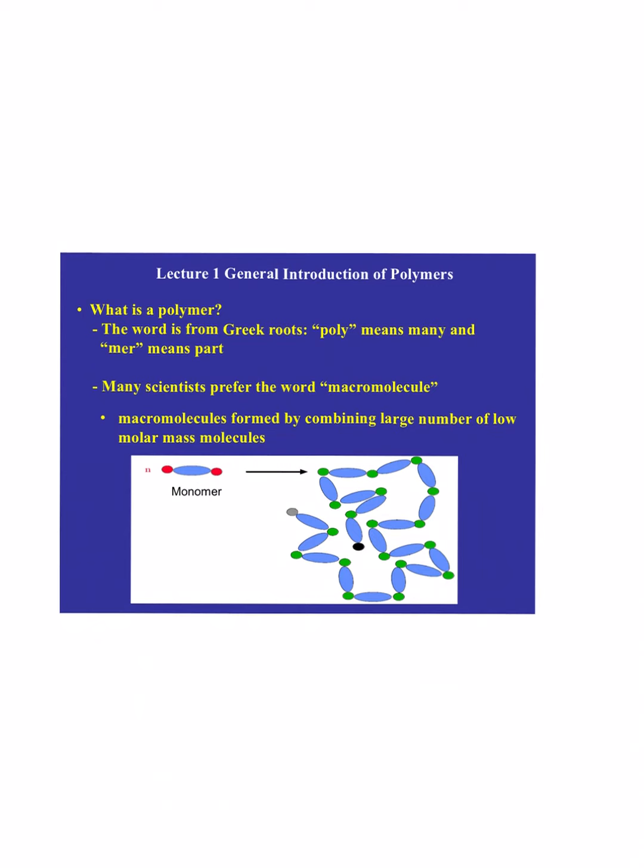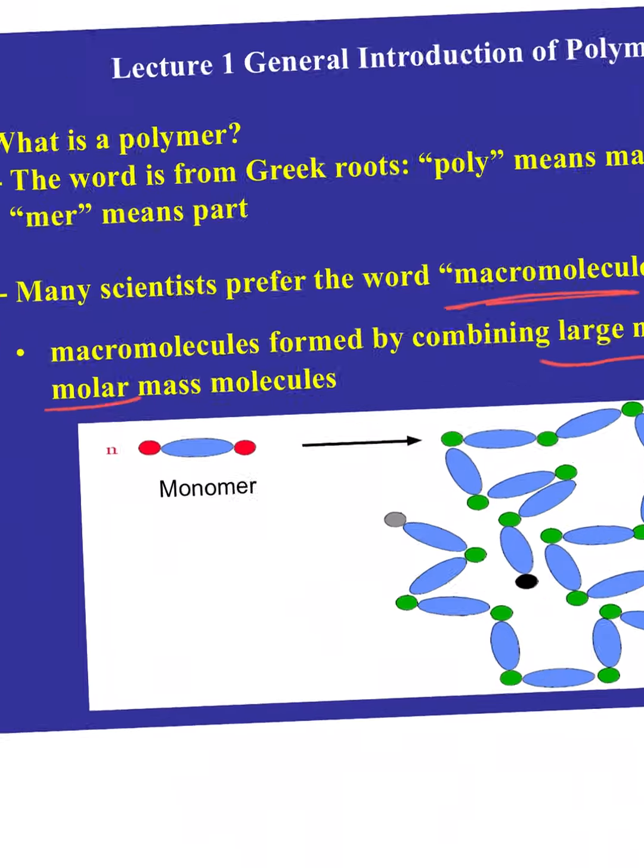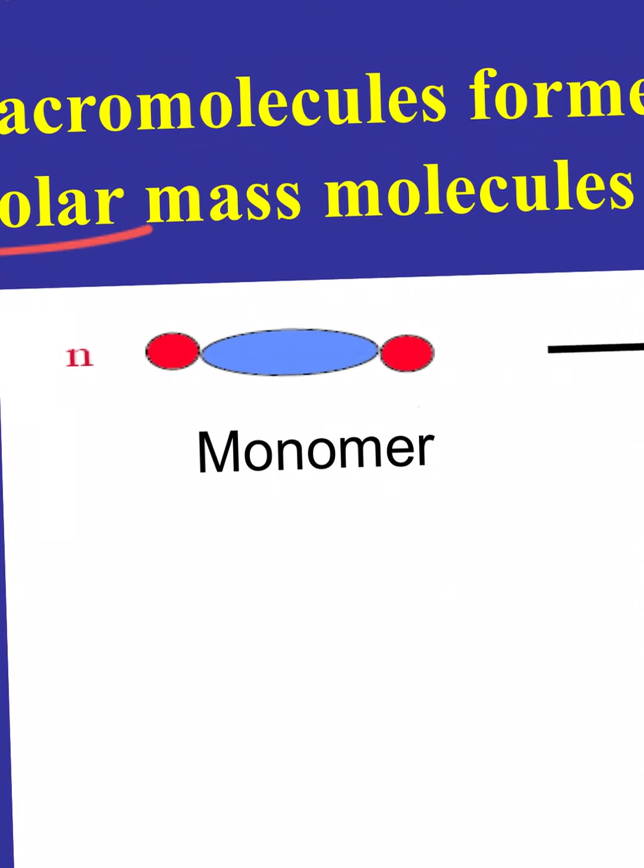Scientists prefer the name macromolecule, those scientists typically being chemists who like to think of everything in a molecular form. But I find myself using that phrase because it really helps describe the fact that we have a chain. And it's a little more precise than saying we have chains. These are formed by combining large numbers of low molar mass molecules, and so we have this monomer, and a